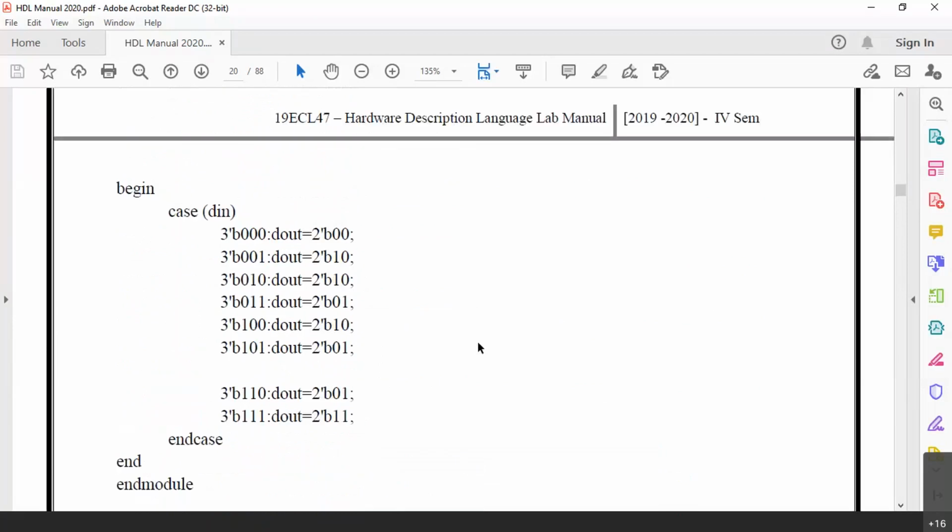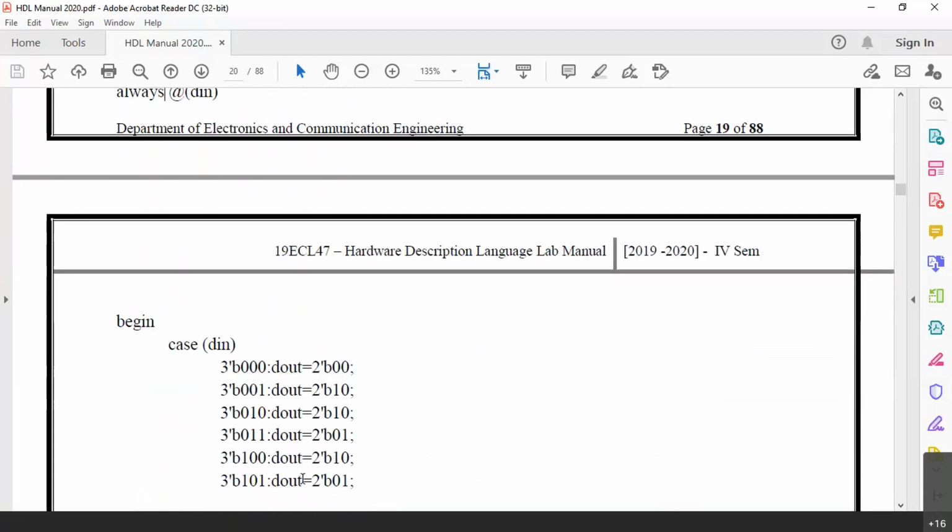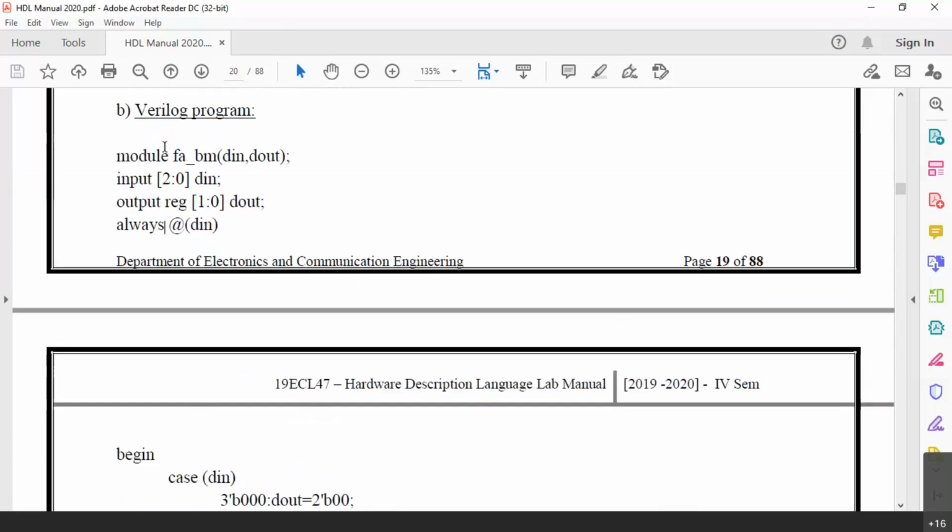So let me now copy this Verilog code into the Xilinx tool. The test bench will remain the same. What I will do now is, in this main module, I will just copy this code. I am copying that Verilog code now.